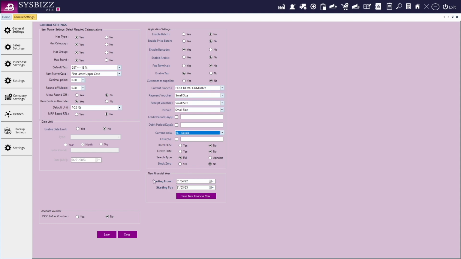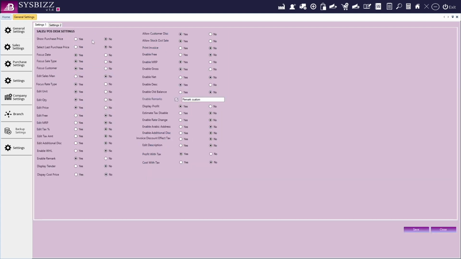Next comes the option to set the financial year. You can give the start date and end date. Next comes the sales settings. You will find 2 options, namely show purchase price and select last purchase price. When we select an item in sales, we can set show purchase price as yes to see the purchase price